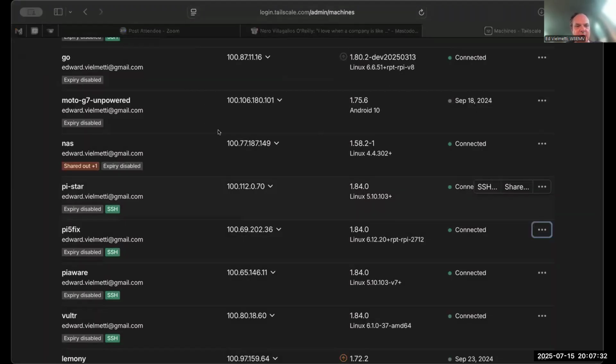a little browser window pops up. I have to authenticate again. Yes, I'm still me. Connecting to Tailscale, connecting to Pi 5. Okay, I'm in, and connected to a machine. We can't see that? You can't see the pop-up. Okay,